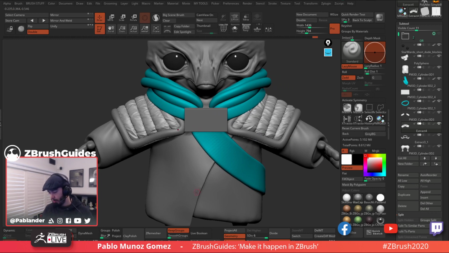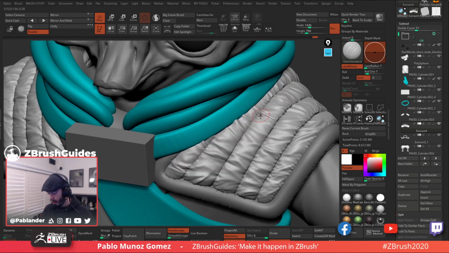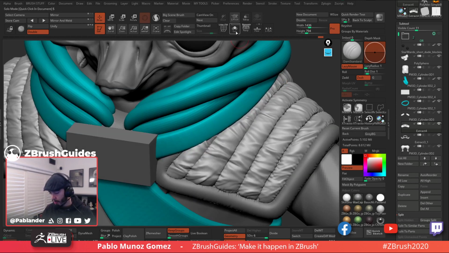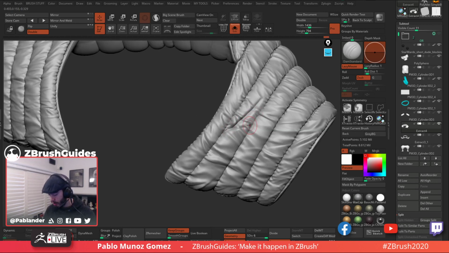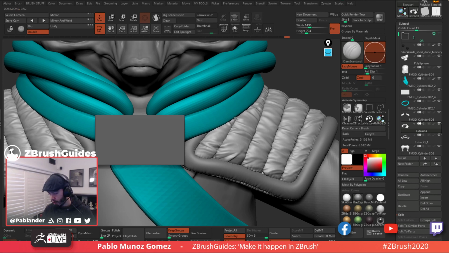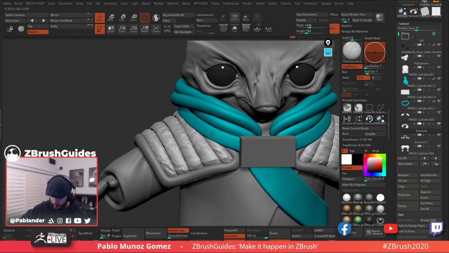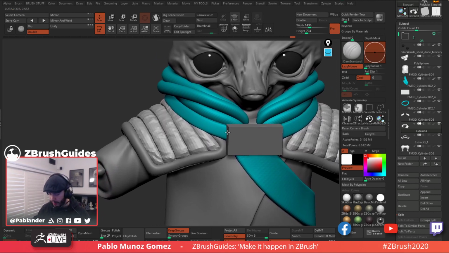I will go ahead and use the damp standard brush to fix things like what you see here, so that it makes sense to have some kind of compression going on in this area. So this is just using the standard brush. You can go into solo mode and actually see where you're applying that pressure. But you know, this is completely up to whatever tool you have in here. So I will probably leave this one towards the end of the process, because you know these